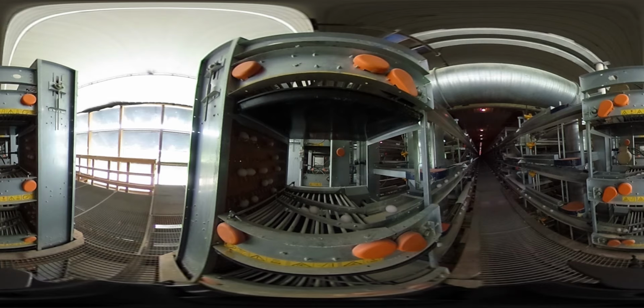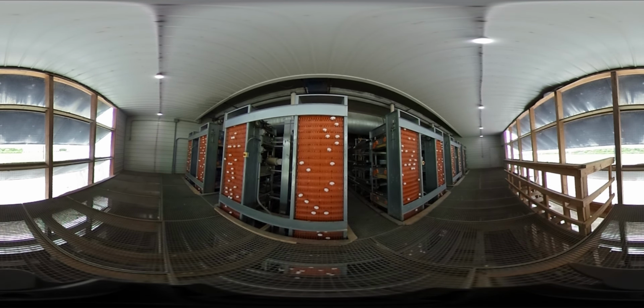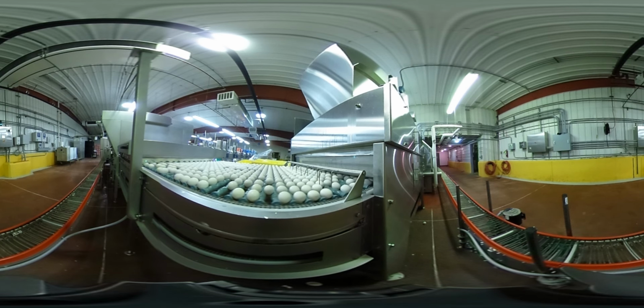other contaminants. As the eggs move forward, they're taken to egg elevators that bring them from the rows to a central belt. This 4-foot-wide belt brings eggs from every house to the processing plant. The belt will be full of eggs by the time it gets to the processing facility that is completely separate